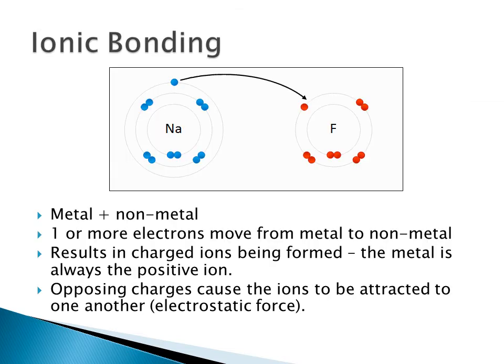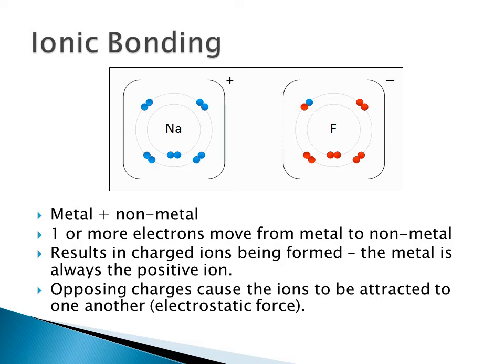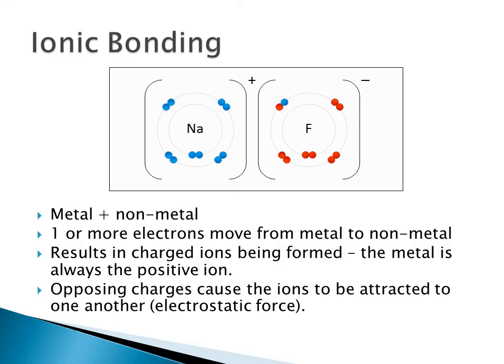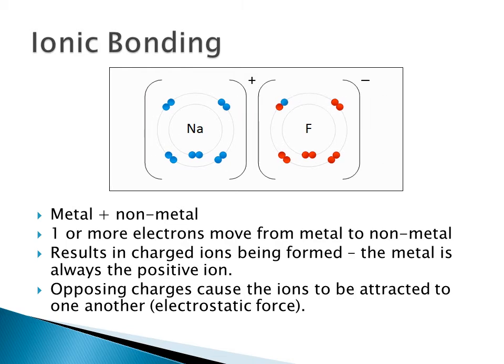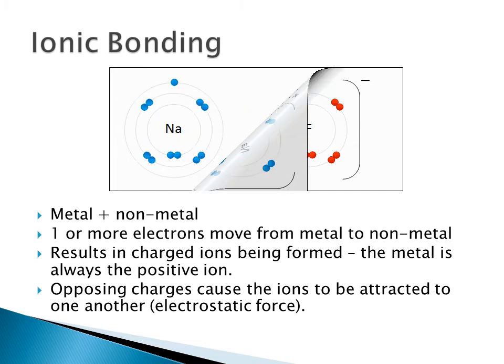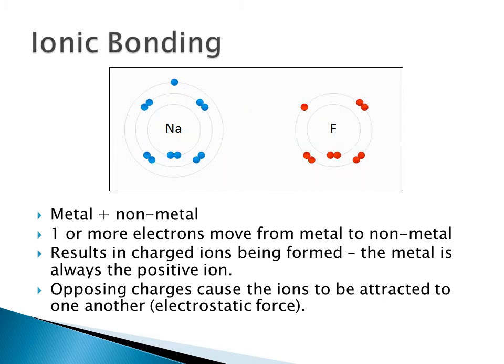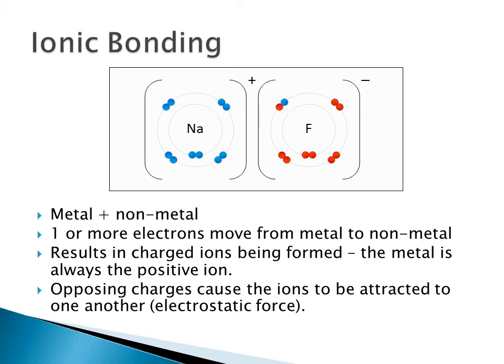Okay, so the first form of chemical bonding you need to know about is ionic. Now, the key here is knowing when it's going to be ionic, and what you're looking for is a metal and a non-metal. So here we have a sodium atom and a fluorine atom. At the start of the process, the sodium atom has a single outer electron. The fluorine is one short of full. So to get them both stable, we transfer one electron from the sodium to the fluorine, and they each become